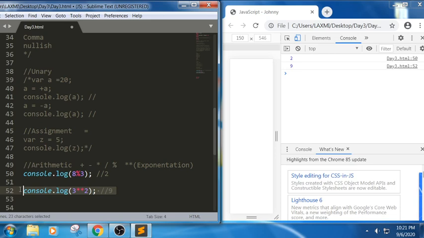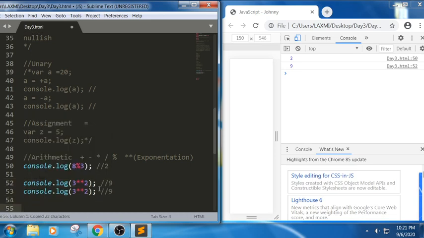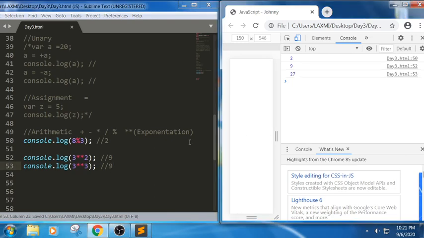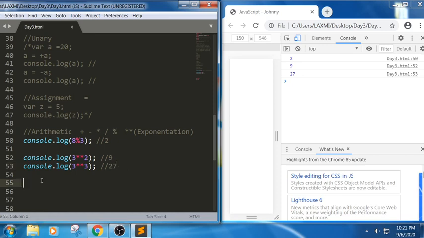For example, let me copy the same thing; you can just use Ctrl C and Ctrl V. Next, I write 3 star star 3 here. So what will be the output of the snippet now? 27. This statement would return 27. So we call this an exponentiation operator. Generally you know plus, minus, into, division, so we are not writing for it, and now we have written for modulus and exponentiation operator.